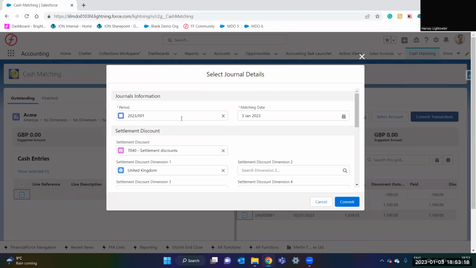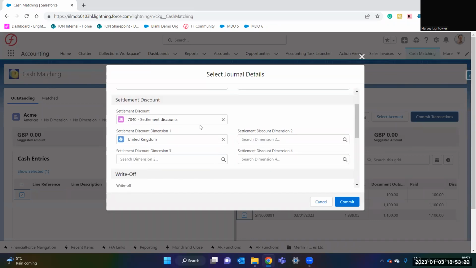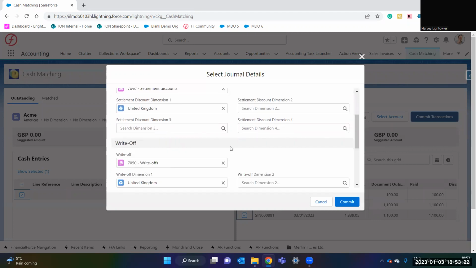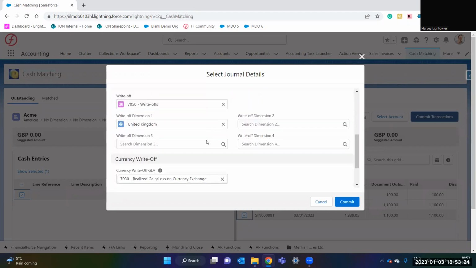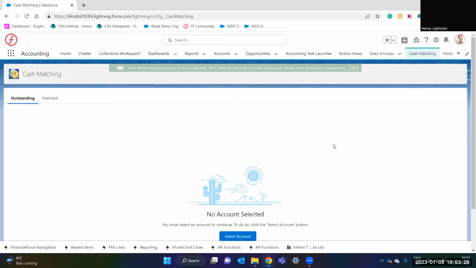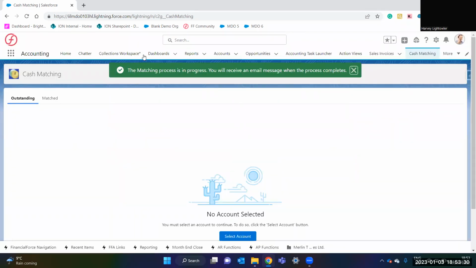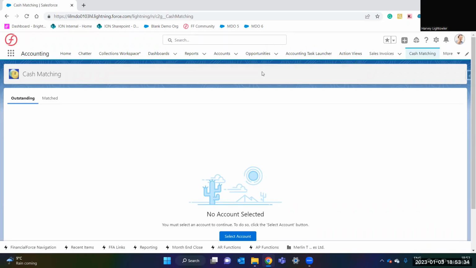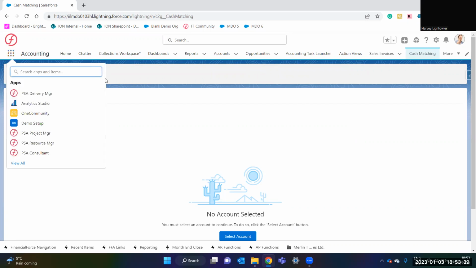Here you can specify the period, the matching date, and the settlement discount general ledger account, along with the write-off general ledger account and dimensions. We can then commit. A matching process is in progress, and you'll receive an email when the matching process is done. Here, if we navigate to sales invoices,